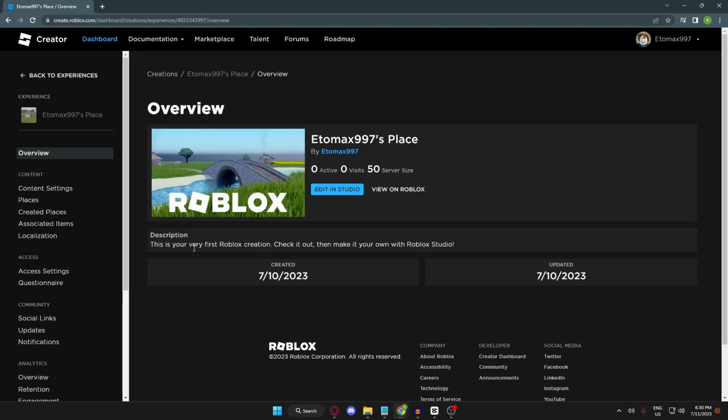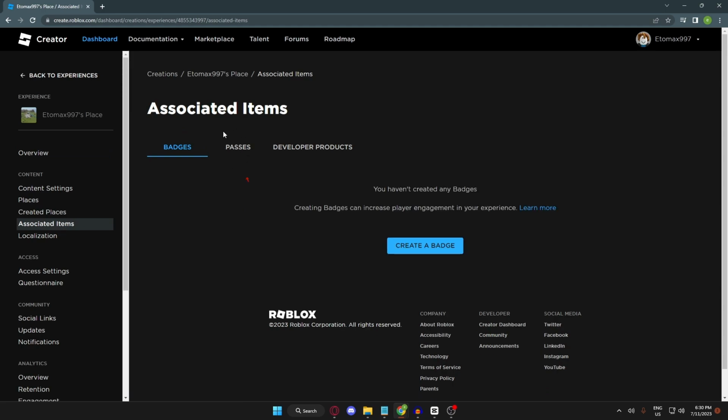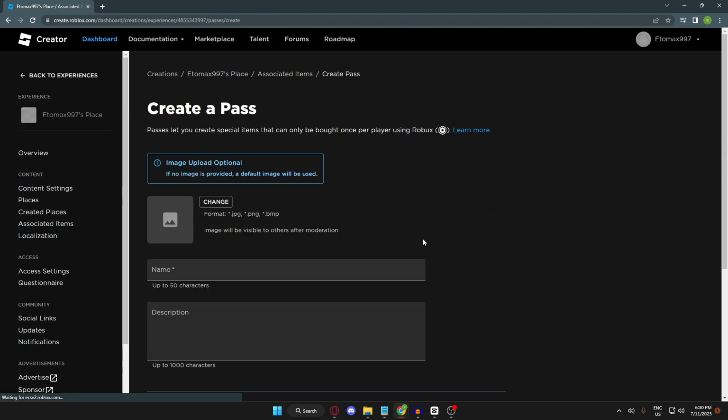And then what you need to do is go over to the left side and click associated items. And inside the associated items, go and click the passes tab. Then you can now create a pass like this, and that's it. All you need to do now is upload an image. But in my case, I already have a default image like this, and make sure your image format is one